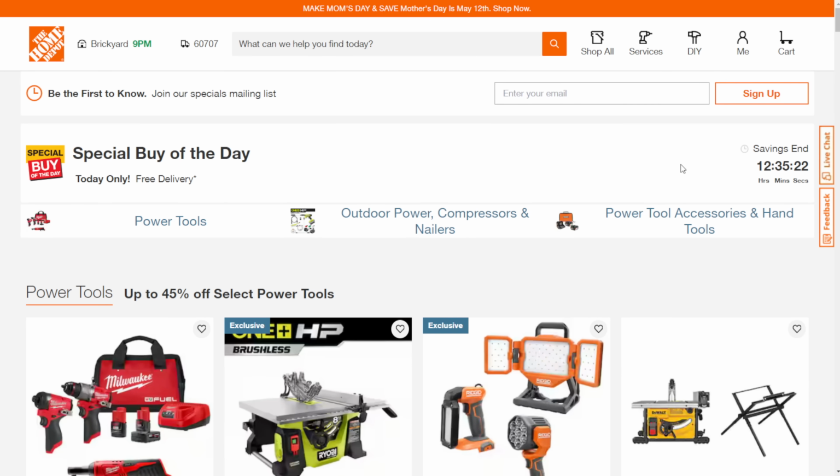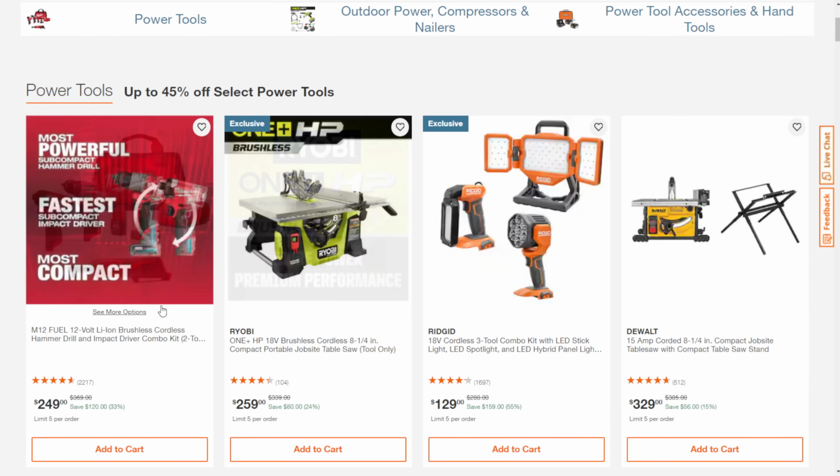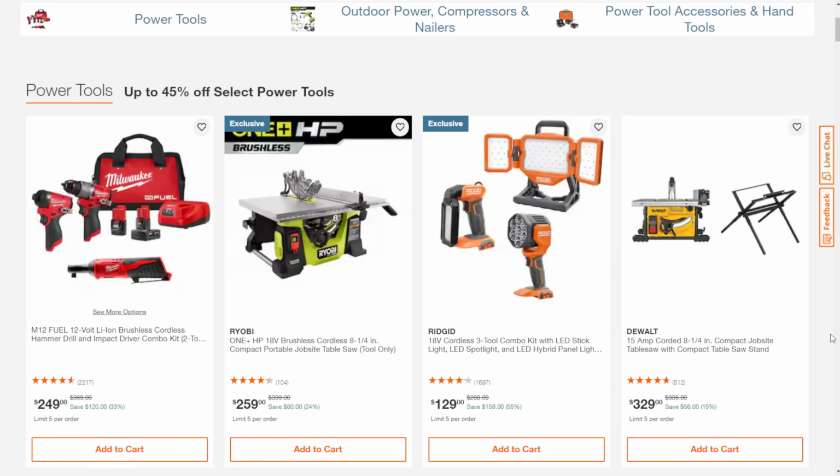Then we've got deals of the day. There's a ton of stuff, guys, but I've got to talk about the Milwaukee 12 volt over here for $249. That is a great tool setup there. Plus, you get the ratchet with that. Is it hackable? I think it is. It might be. We've got the Rigid light system here for $129,